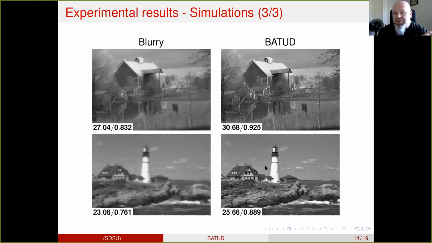So that's pretty nice. And same thing on this one. I think the second one was a stronger turbulence case. But again, we get back a lot of details in the image. Look, for example, in this area, it's pretty complicated to see what the details were. But here we can almost count how many parts there are in the fence, right? So it's pretty good, right? So that was for the